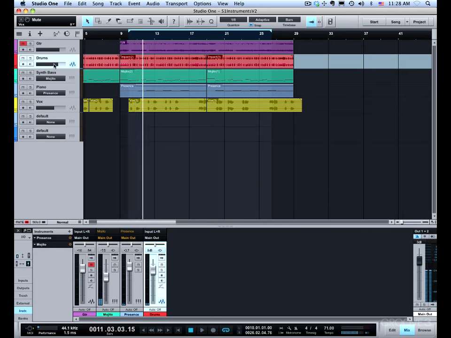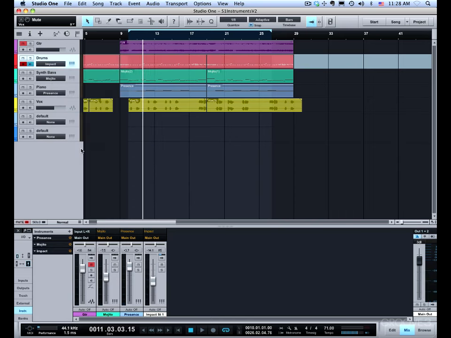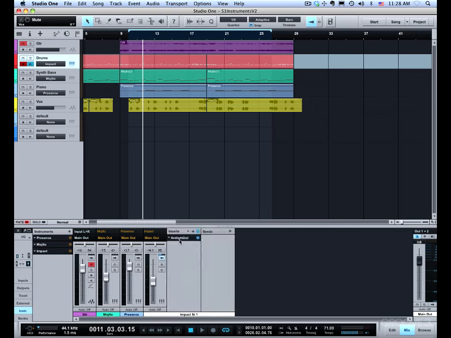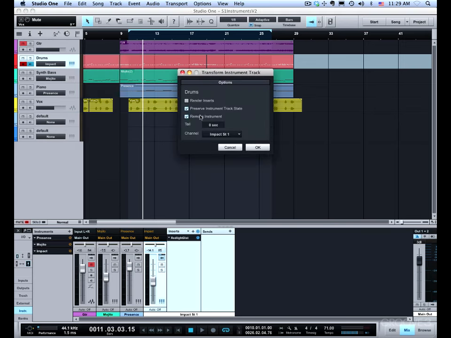Now I'm going to undo this. So Transform to Instrument Track will take it back, and now I'm right back where I started. Impact is back into my project. If I look here on Impact, the Red Light District plugin is still here. Now if I choose the other option, like this, Track Transform, and I don't render the inserts,